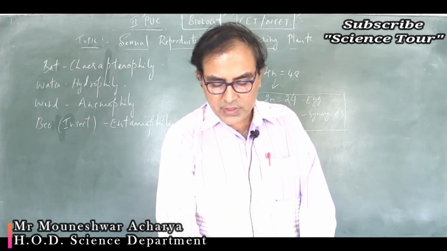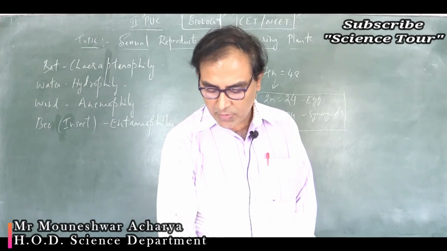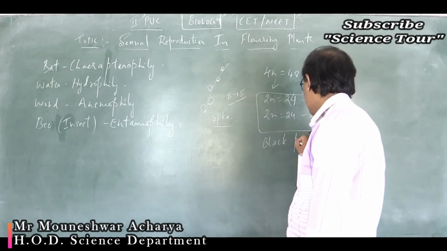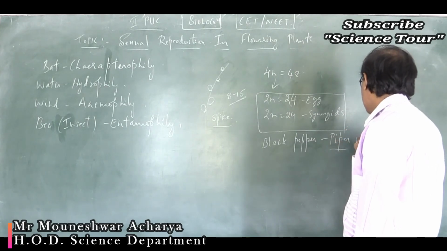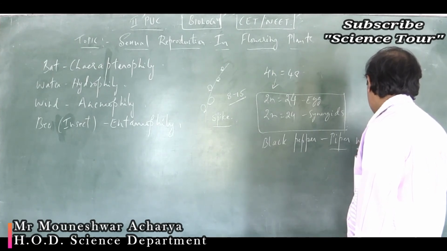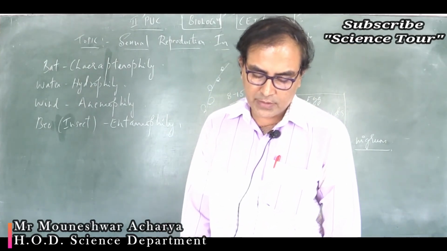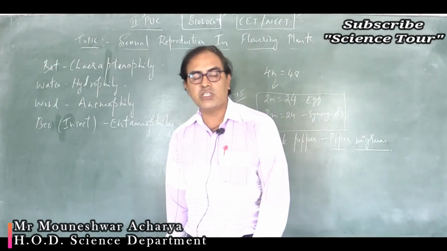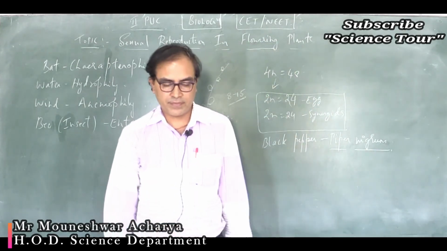Now what is perisperm? Occasionally in some seeds, like in black pepper. What is the scientific name of black pepper? Piper nigrum. Black pepper. So occasionally in some seeds, like in black pepper and in beet, Beta vulgaris, the remnants of the nucellus are persistent, and this residual, persistent nucellus is referred to as the perisperm.